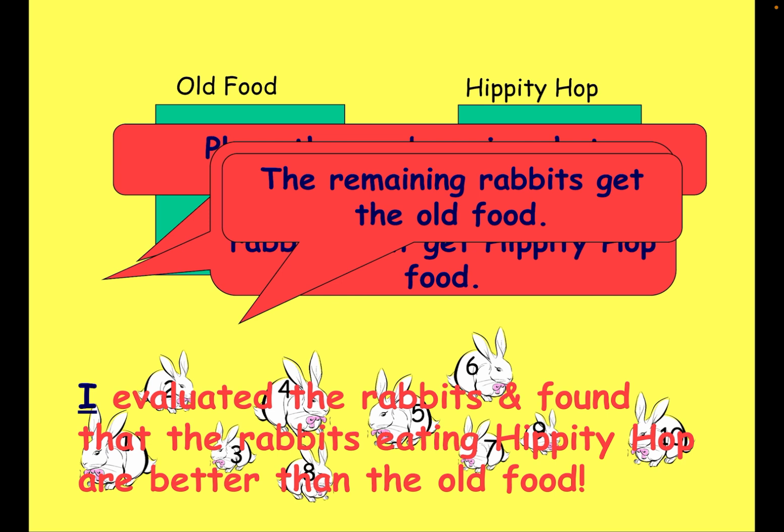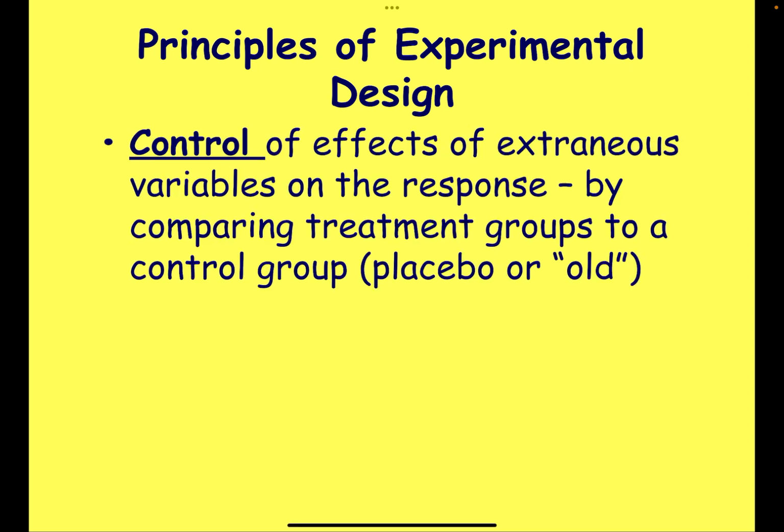What we've actually just done here is we've changed this experiment so that we hit all the principles of the experimental design. Here are the 3 components that are necessary for a good experimental design. 1, we need to have some form of a control. So notice we went from only having hippity hop to comparing hippity hop to the old food. We control the effects of extraneous variables on the response by comparing treatment groups to a control group or a placebo or some sort of old